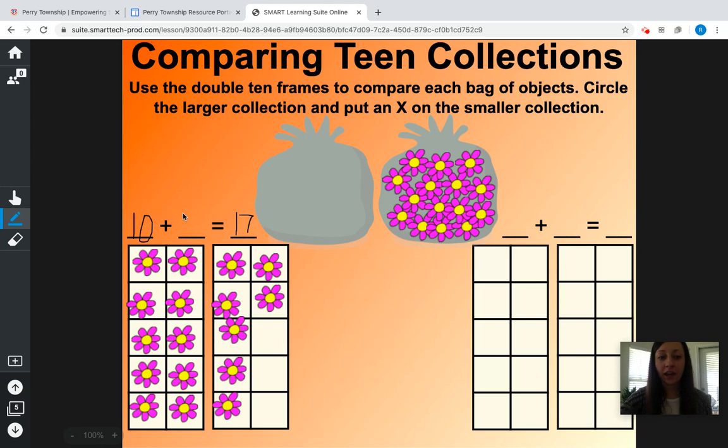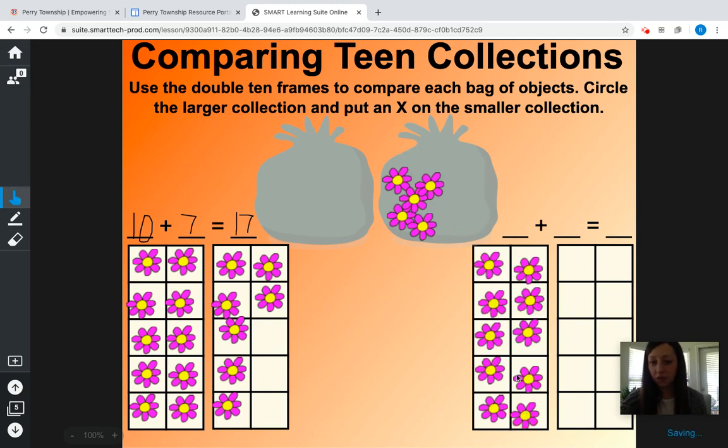Very good. I have 7 flowers in the second 10 frame. So 10 plus 7 equals 17. Very good. Okay. You noticing anything about these? Okay, let's keep going. So I know that this is 10, so I'm going to count them from 10, 11,